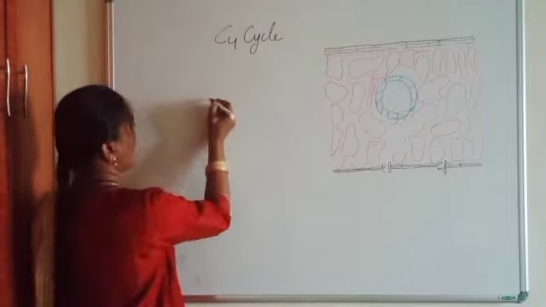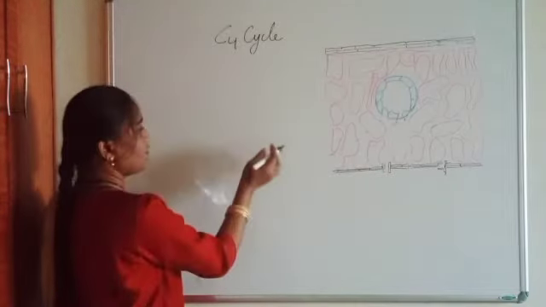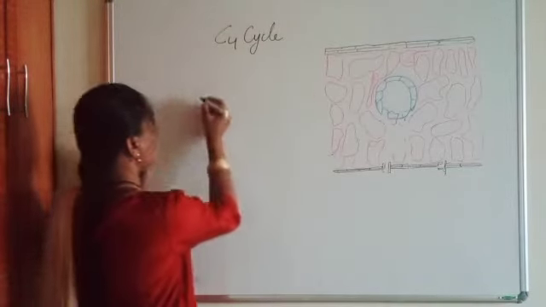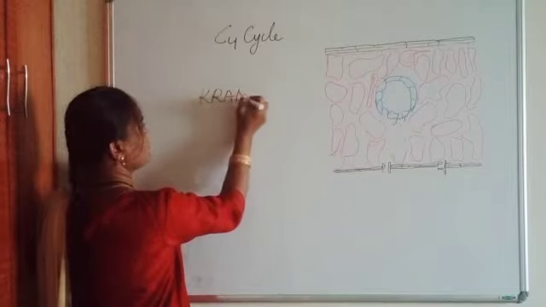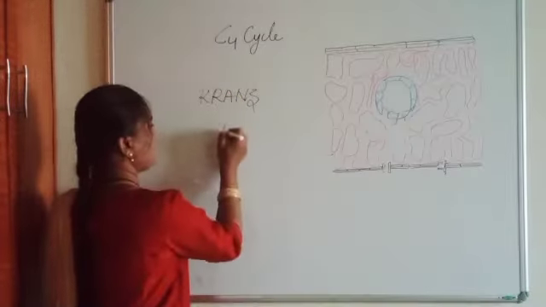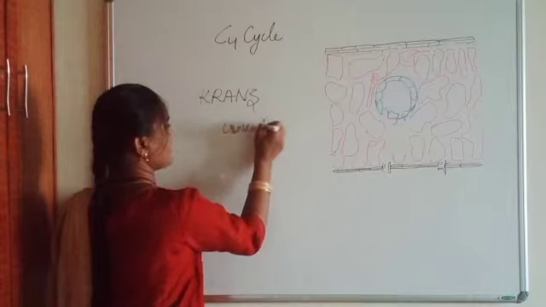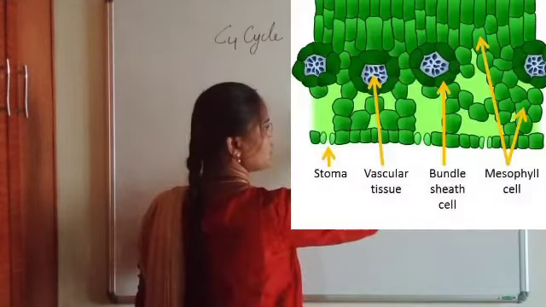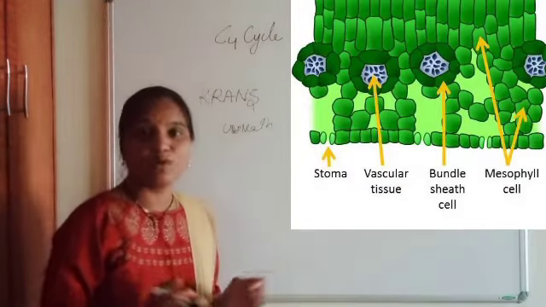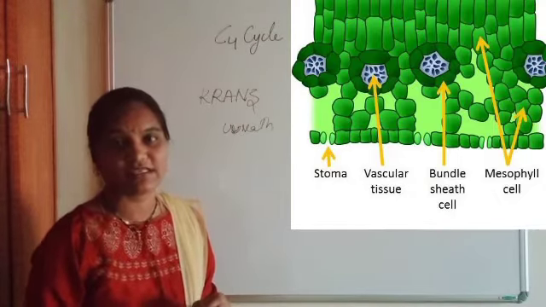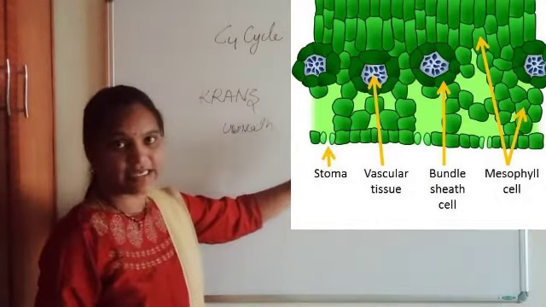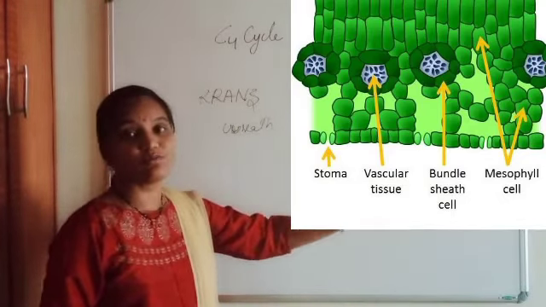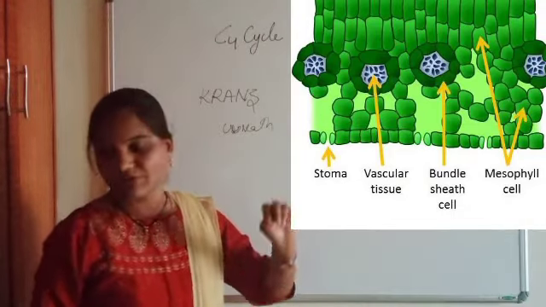Next, this is the leaf anatomy of C4 plants. They possess Kranz anatomy. So what is Kranz anatomy? Kranz anatomy is something like a chain, a garland chain. So this is your chain model. The presence of this chain model can block the intake of oxygen, and hence only carbon dioxide can easily enter the leaves, which makes the synthesis of food material for the plants.